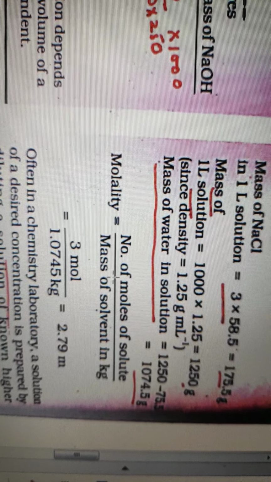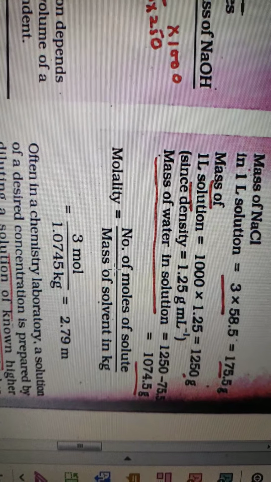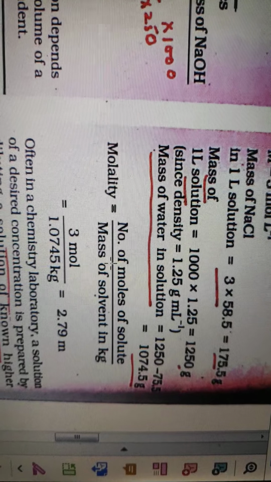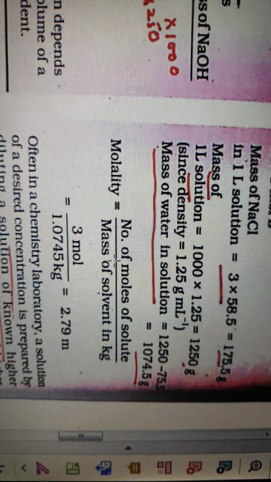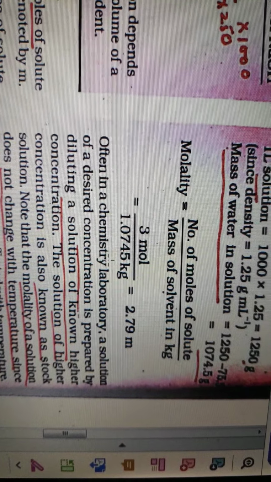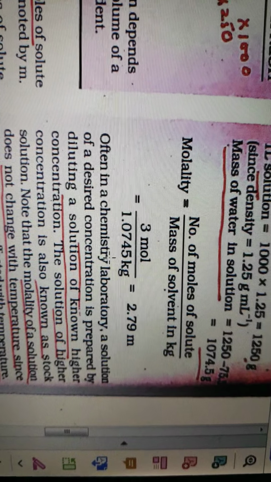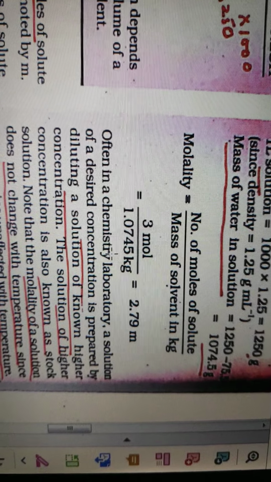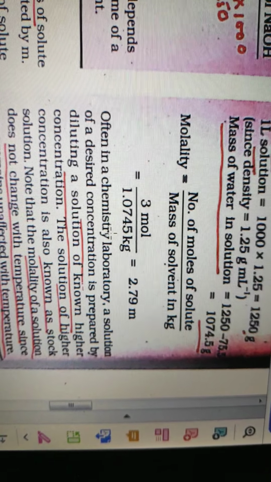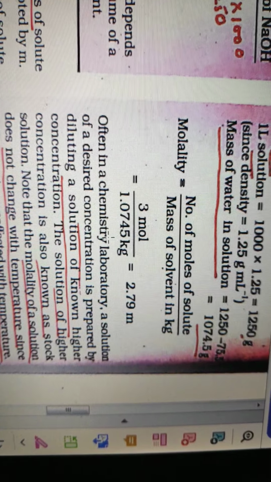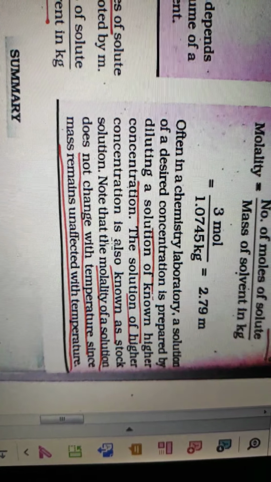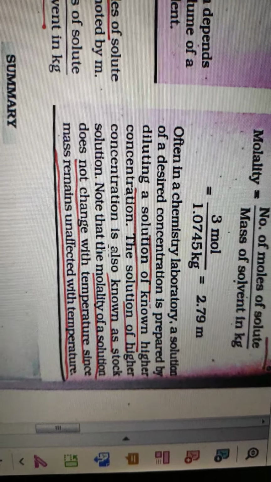If I compare molality and molarity, molality is a better method to find the concentration of a solution because it is independent of temperature. It depends only on the mass of solvent, and it does not depend on the volume. Mass of solvent is independent of temperature. Molarity depends on the temperature because it depends on the volume of the solution. Volume is directly proportional to temperature. So molarity changes with temperature. Molality does not change with temperature. So molality is a better method to calculate the concentration.